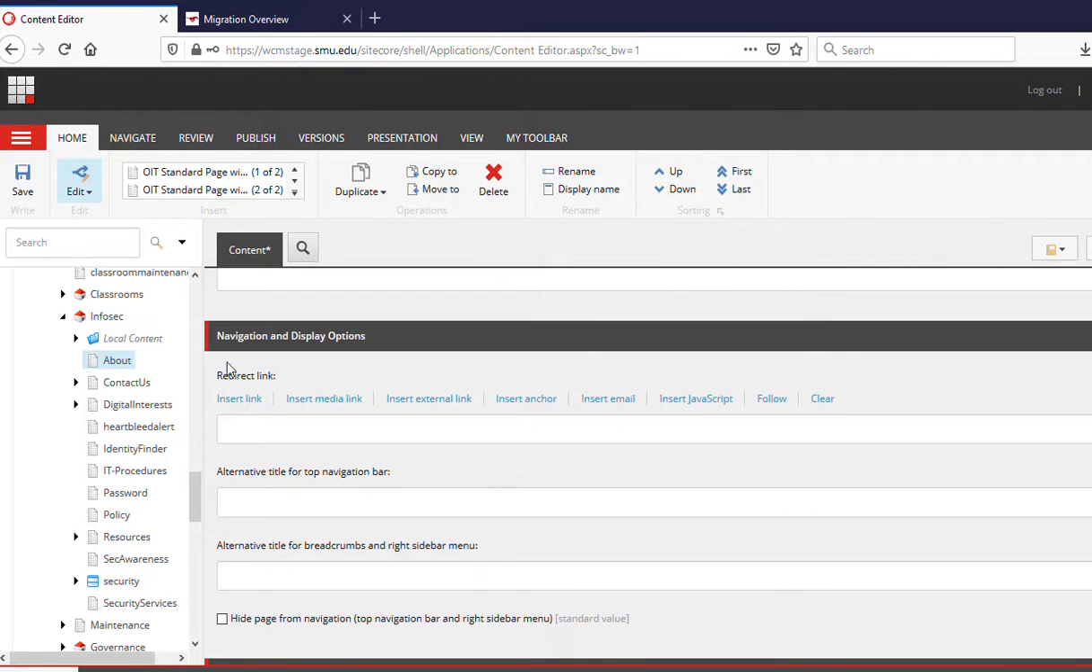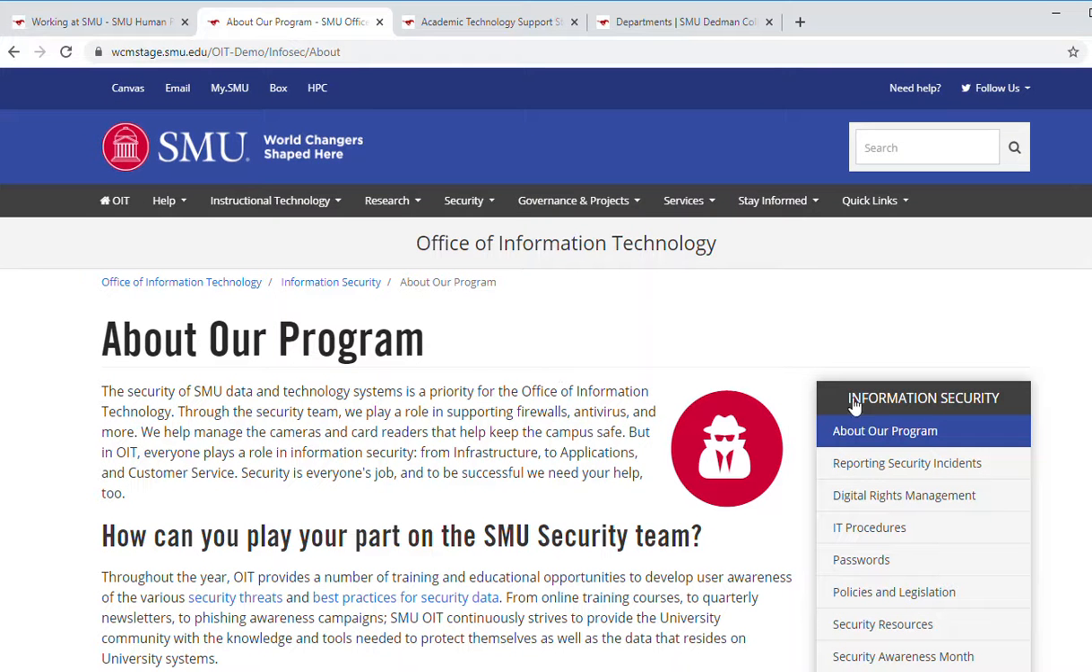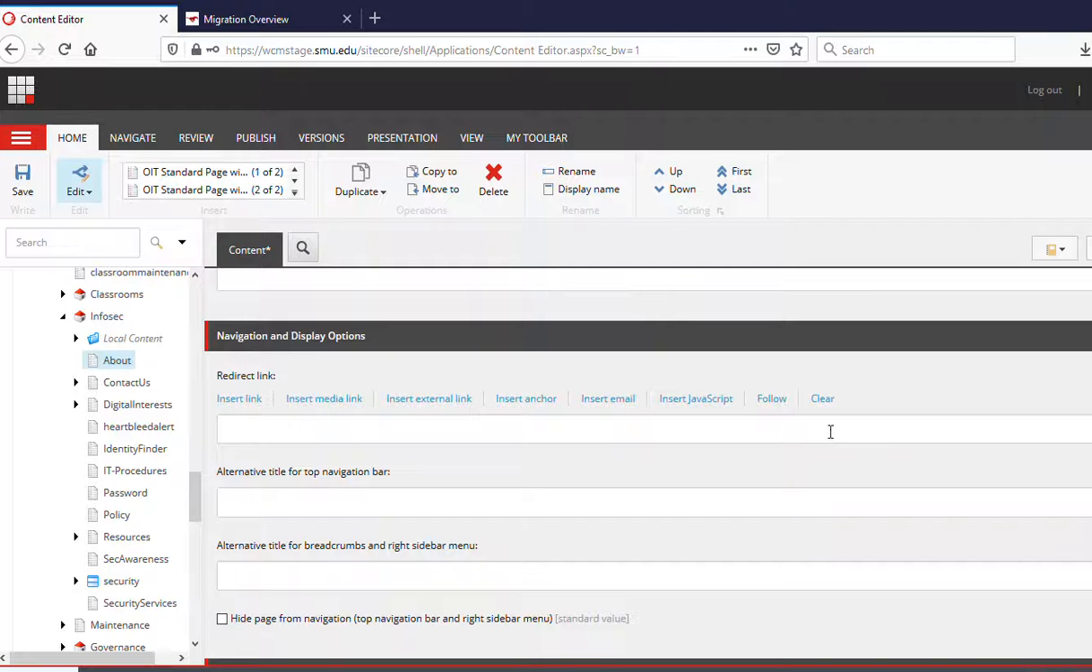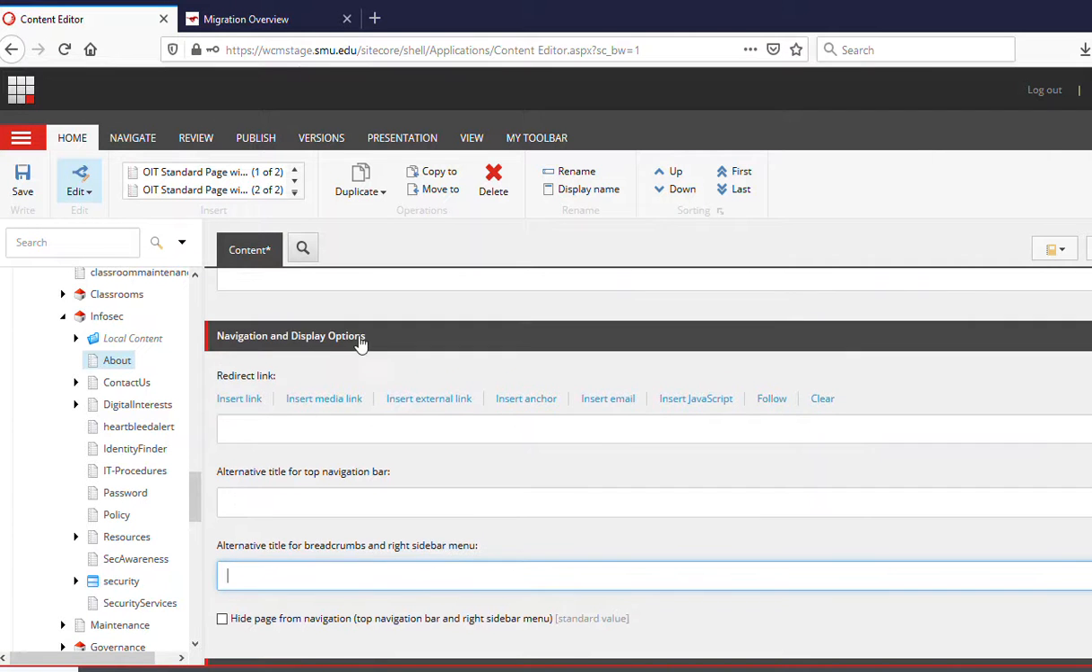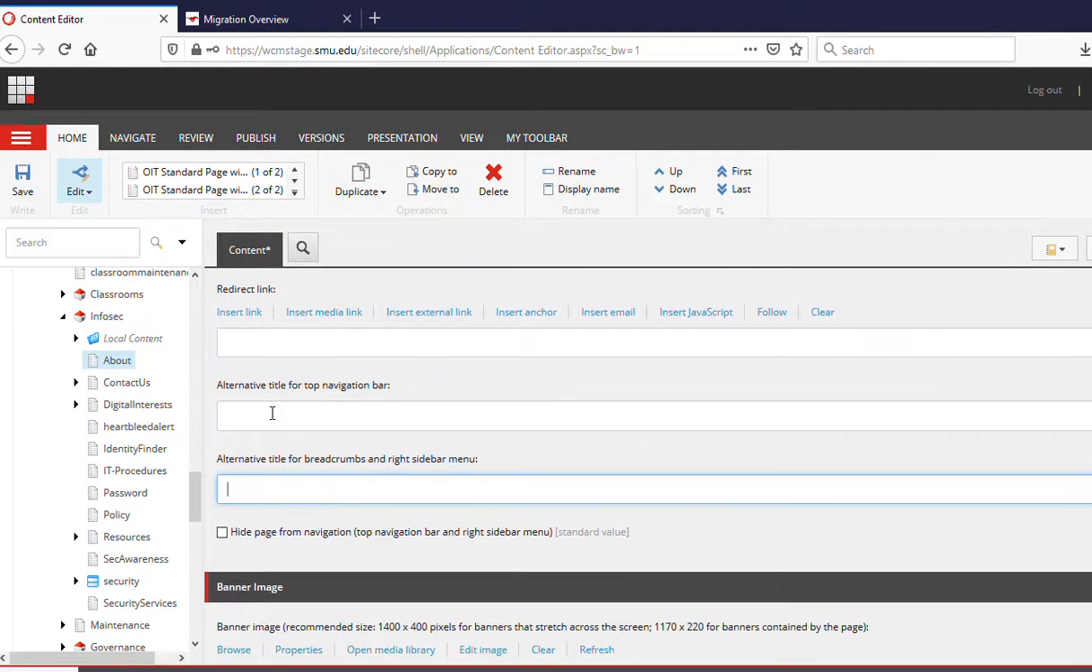The next thing we have is the redirect link. This is if you want the page to show up, for example, in a sidebar menu, but you want it to point somewhere else. This is where you would put your redirect link. And we have our alternative title fields here. On the older templates, these fields were located at the top. We've moved them into this navigation and display options. So the alternative title for the top navigation bar and breadcrumbs and sidebar menu,